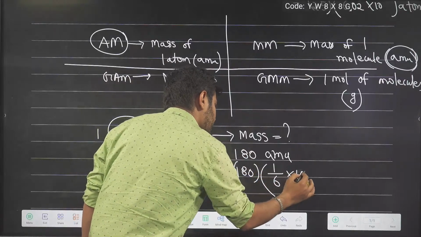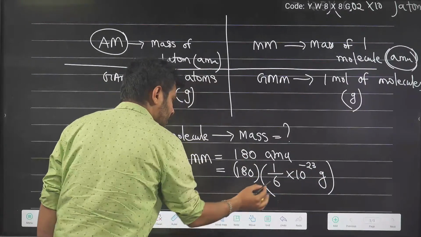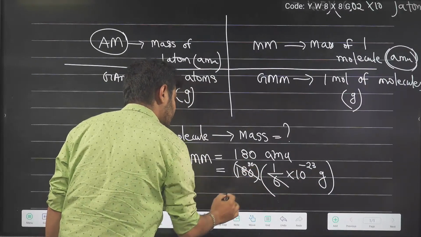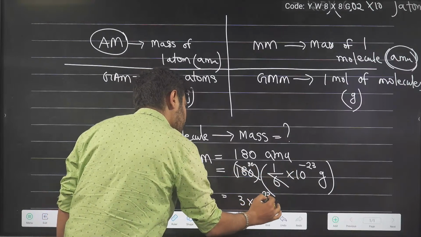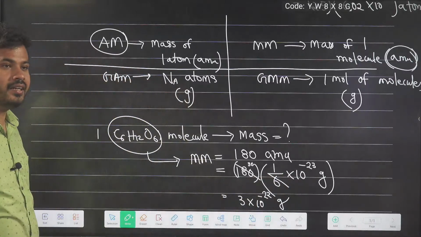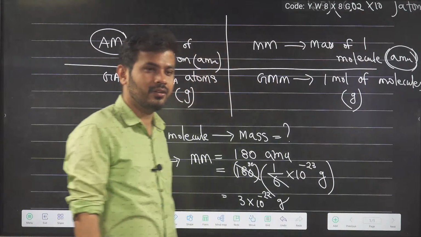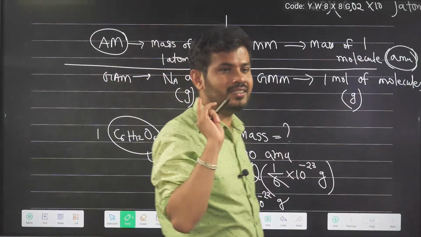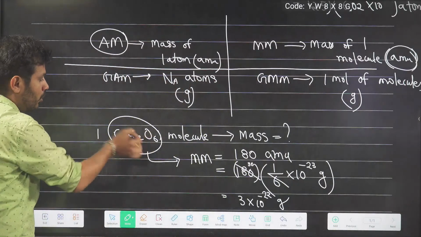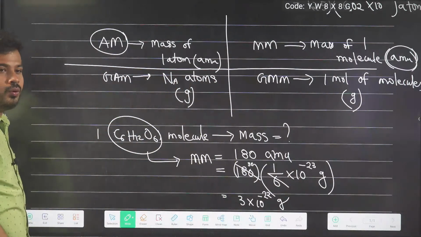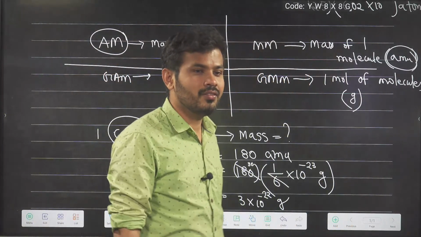1/6 into 10 to the power of minus 23 gram. Now upon solving, you will get 6 ones are 6, 6 threes are 18, 30. The answer will be 30 into 10 to the power of minus 23, or 3 into 10 to the power of minus 22 gram. Right? I hope you got this. Yes, so many of you have answered this question. Very good. Yes, gram per mole. If you take 1 mole, that is that much gram. Okay? Very good. In the same question, instead of one molecule of glucose, if I take 1 mole of glucose, the mass will be